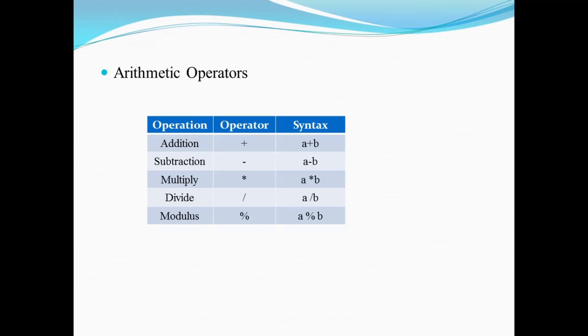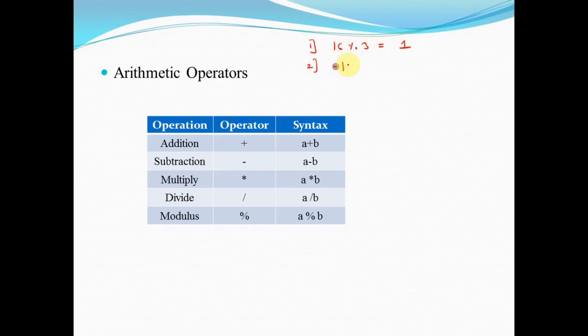Now when we perform the modulo division, the sign of the result is always the sign of the first operand, that is the dividend. So let us discuss a few examples. Let's say suppose we write 16 mod 3. As both the numbers are positive, it will give a positive remainder. So 3 fives are 15, so the remainder will be 1.